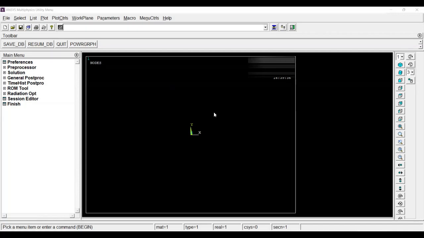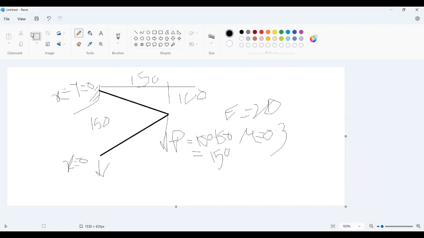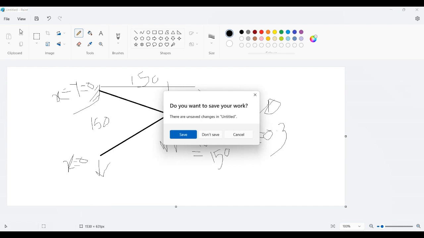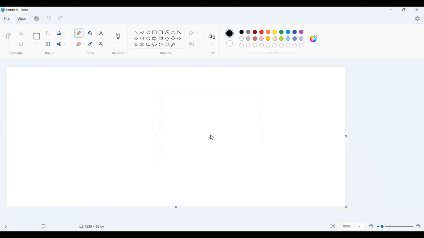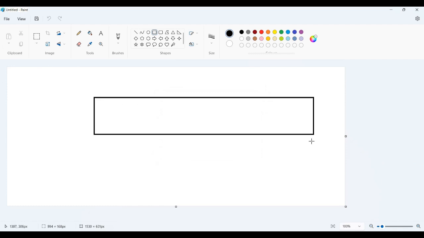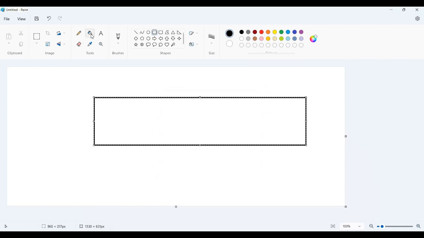Today we are going to see our fifth practical assignment, which is the case of pure conduction. We will see a composite slab having three sections, each of length 100 mm,